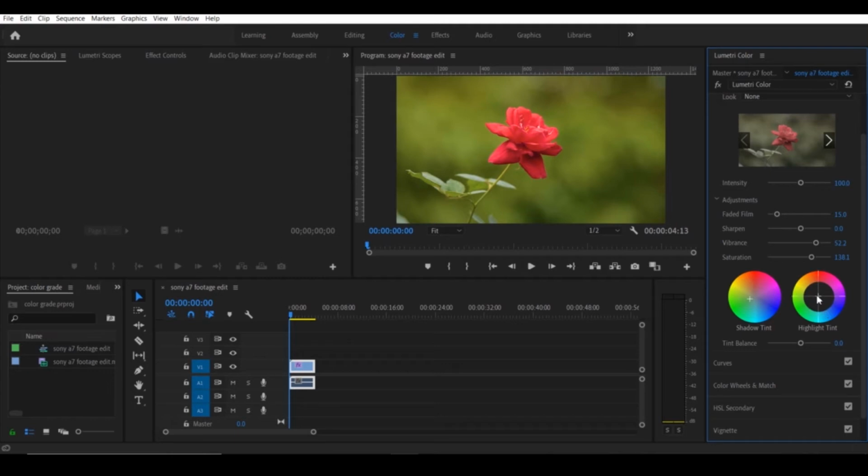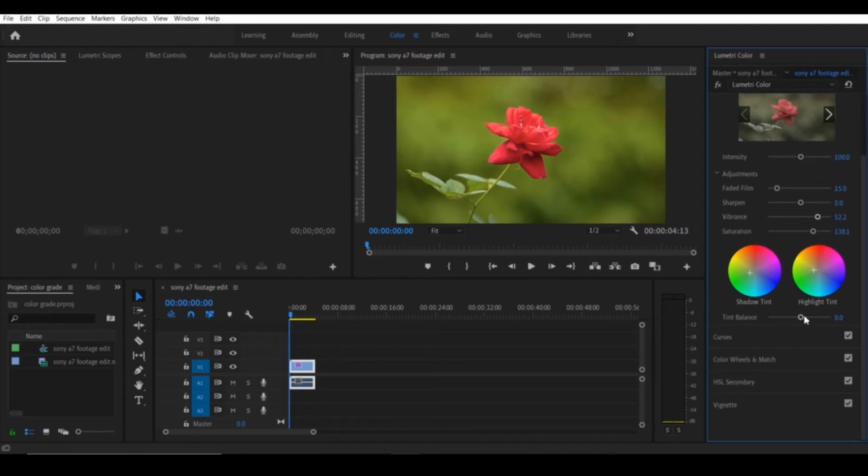And the next option is highlight tint. So this time I will select yellow. I will put my cursor on yellow. Okay, so here in the shadow tint, I selected the green option because I wanted the background to match the color of the leaves. So that's why I did the shadow tint. And here I clicked on a little bit of yellow color for the highlights, because I thought that green and yellow would match, so that our red color would shine in the video. So that's why I selected this color. Now you can select any of the colors, but for this video I think that this would be the perfect color, because we are going to convert it into a cinematic video.